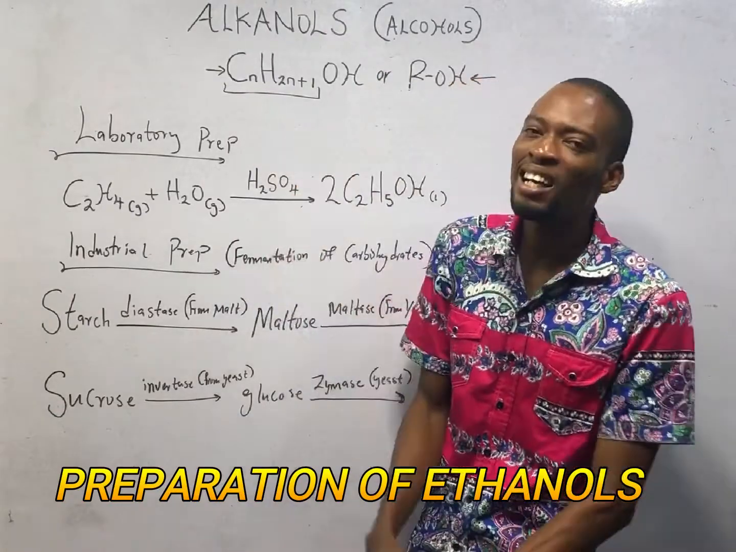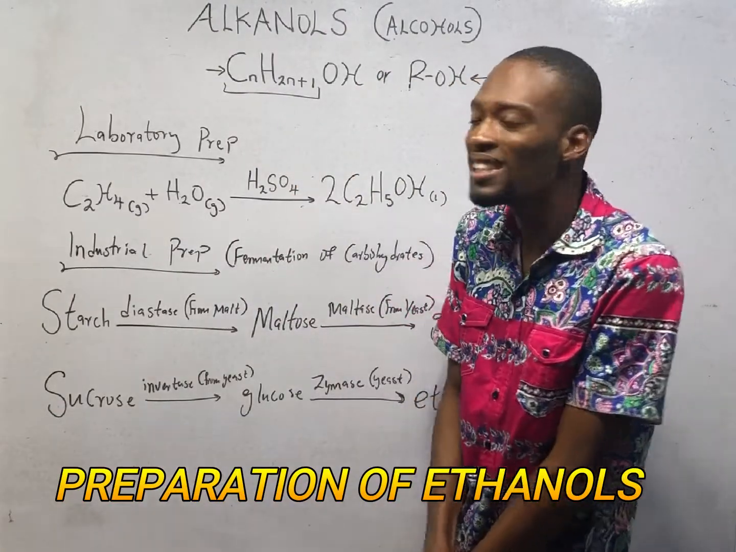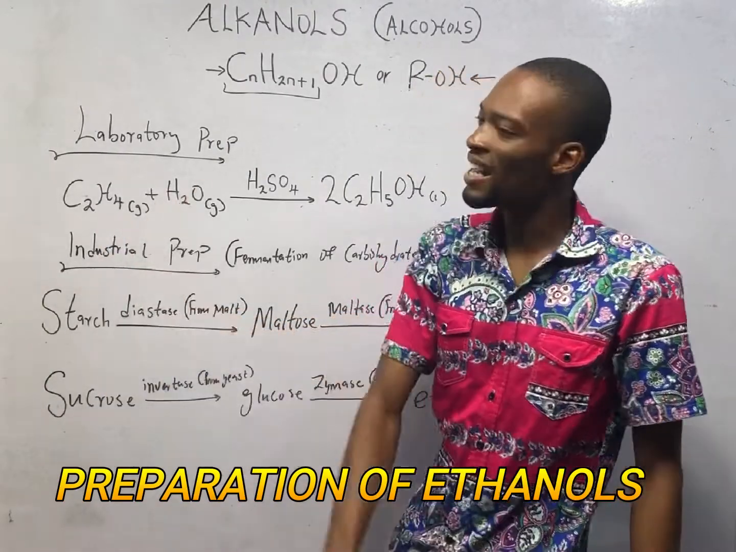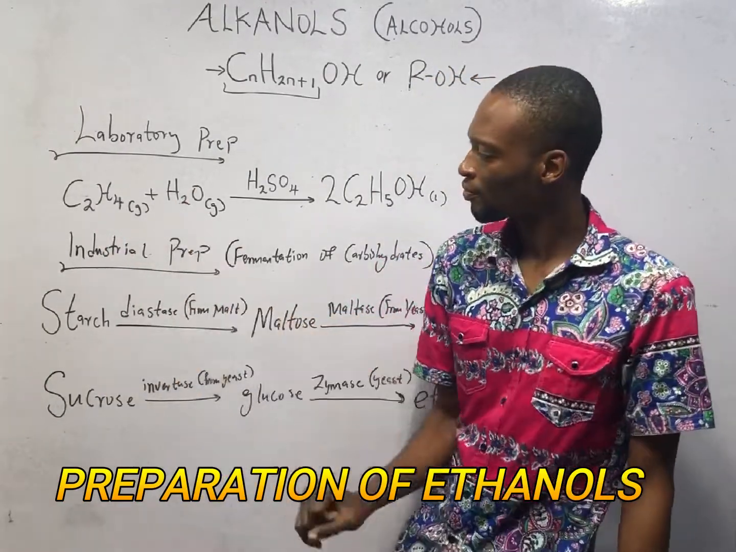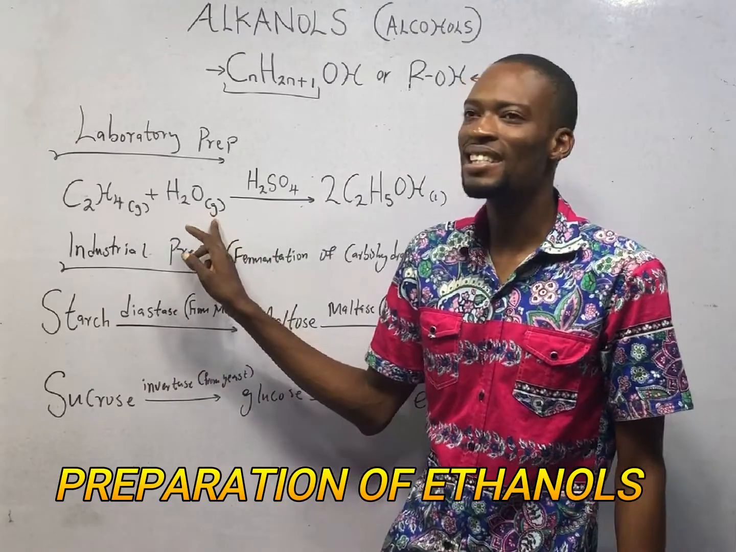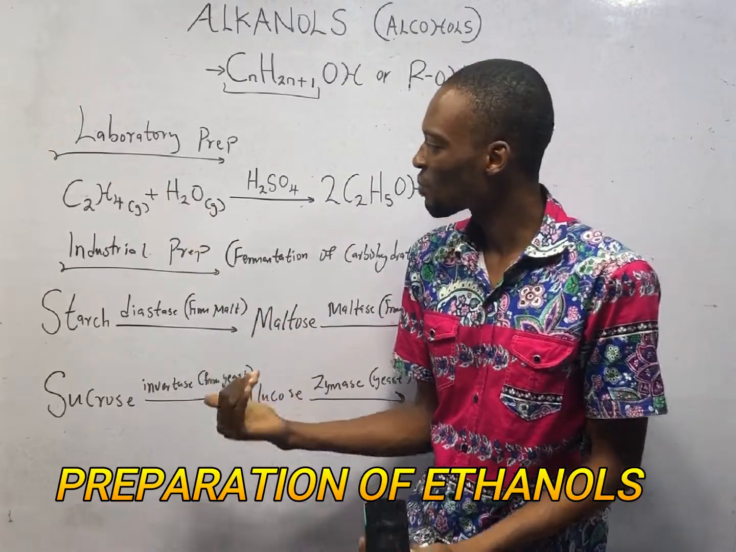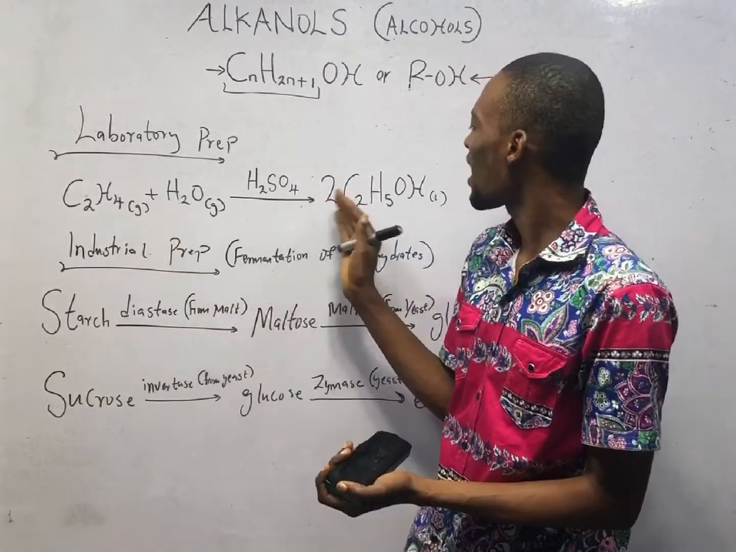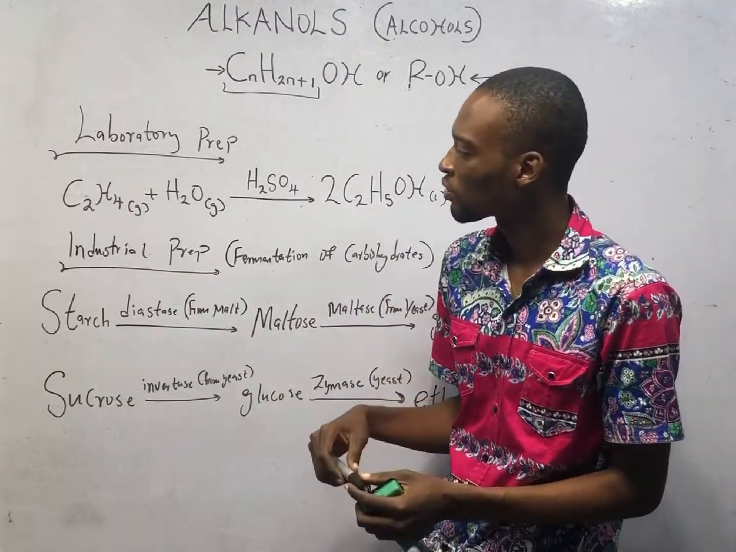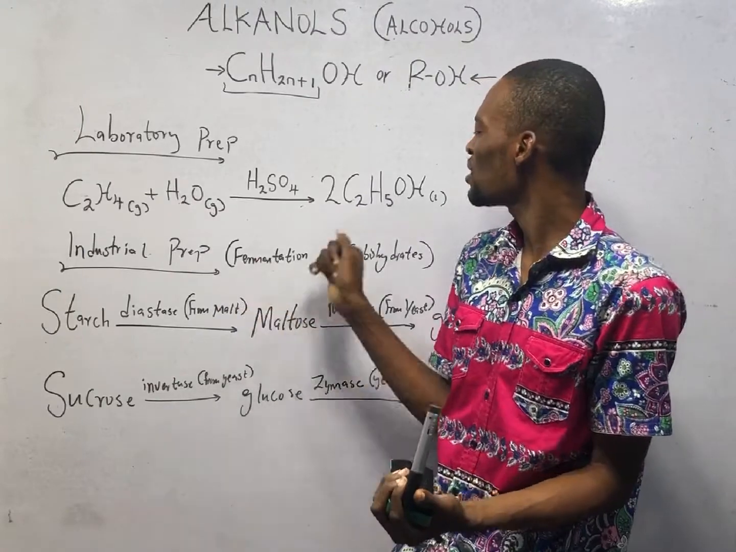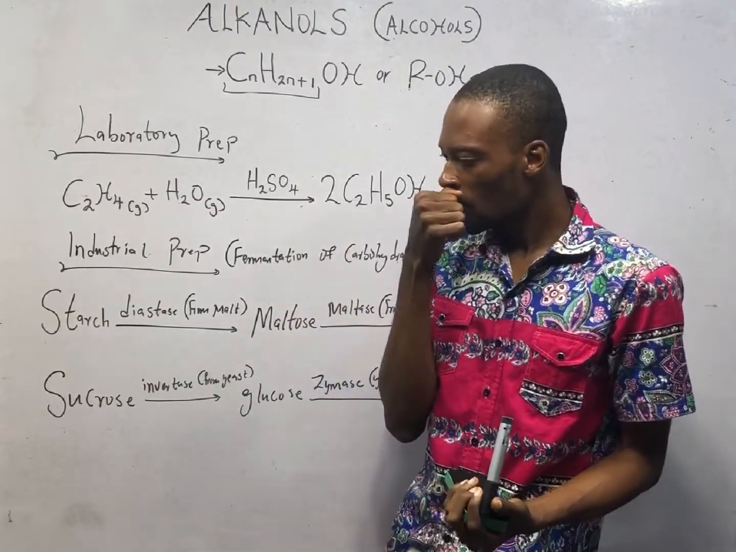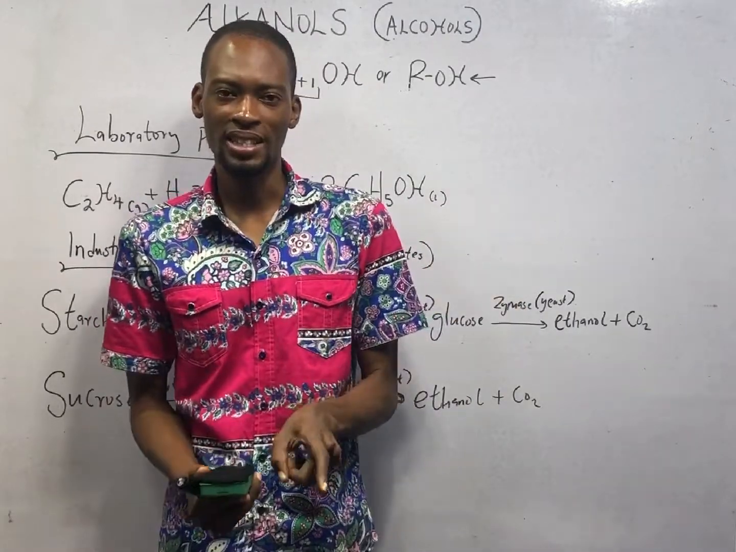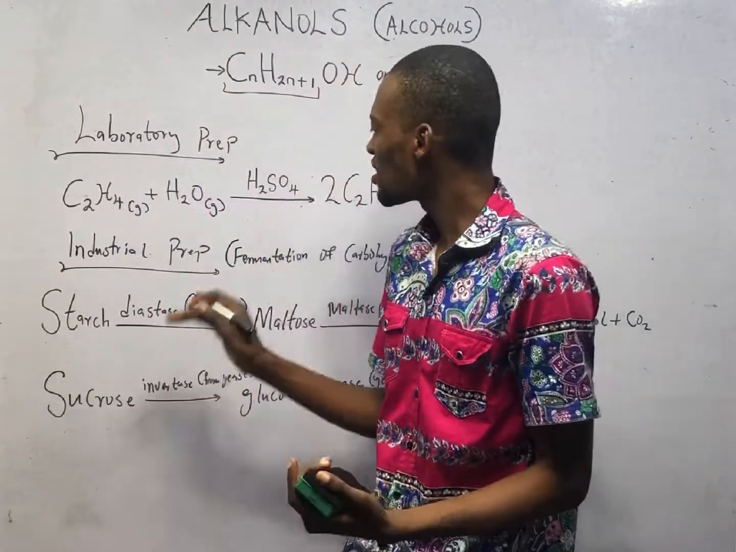To prepare alkanols or alcohols in the lab, you simply react ethene with water gas, which is referred to as steam. When water is in gaseous state, you refer to it as steam. So when steam reacts with ethene, you form alcohol or alkanol, and the alkanol formed is simply ethanol. This does not happen without the presence of a catalyst. So the catalyst used is simply